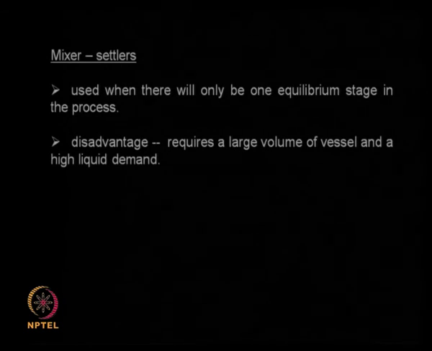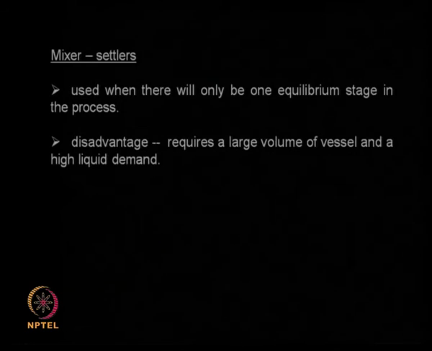One is the mixer settler, the other one is the column type, third one is the centrifugal. So, different types of columns we looked at, different types of mixer settlers, different types of centrifuges. So, each mixer settler is almost like one equilibrium stage. So, if I am interested in only one mixing